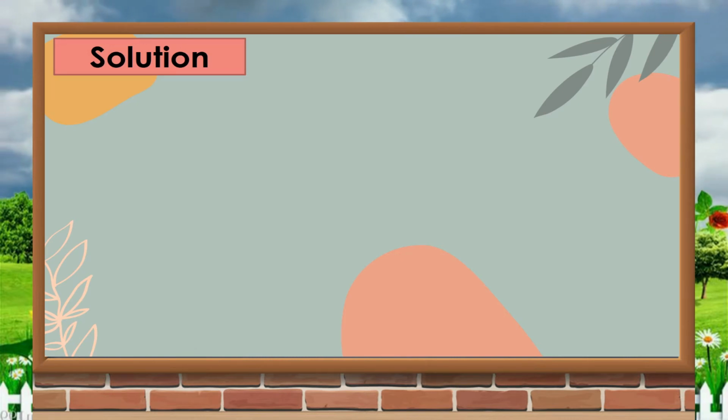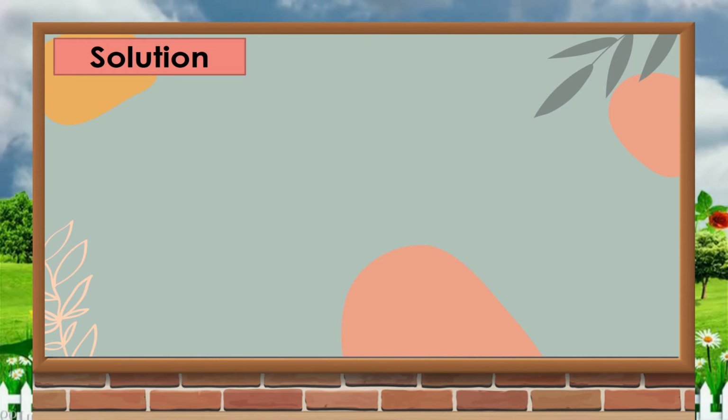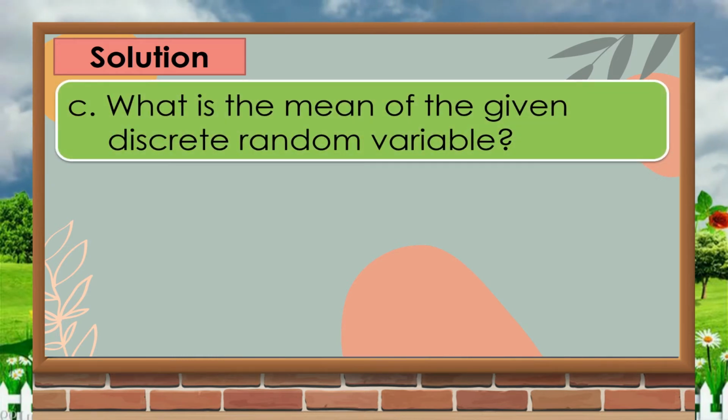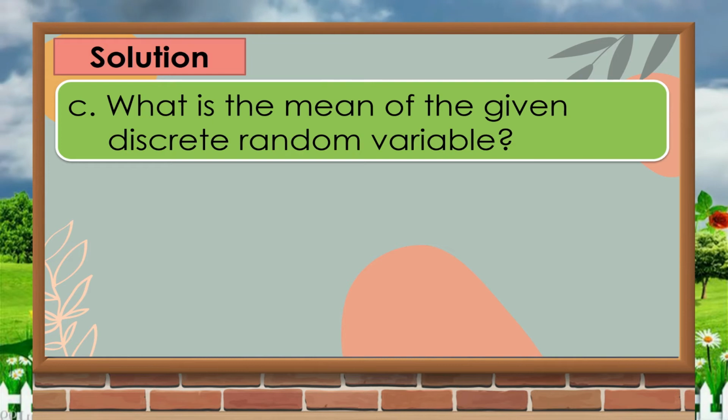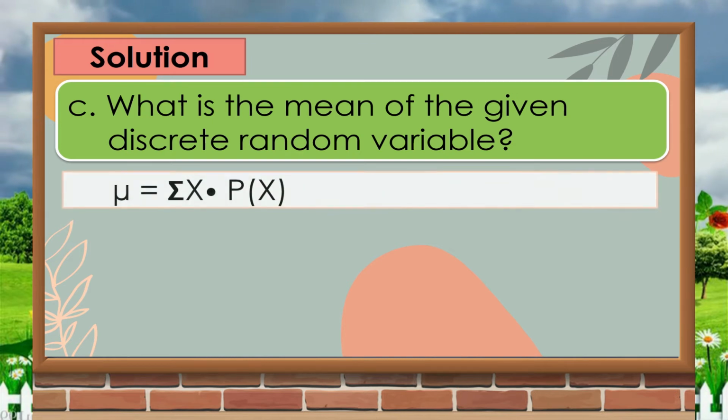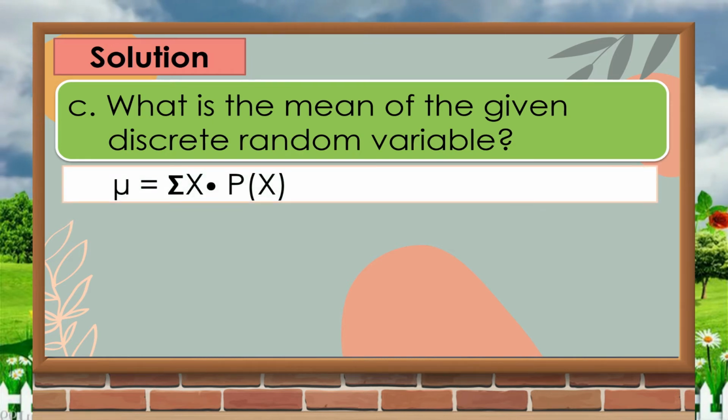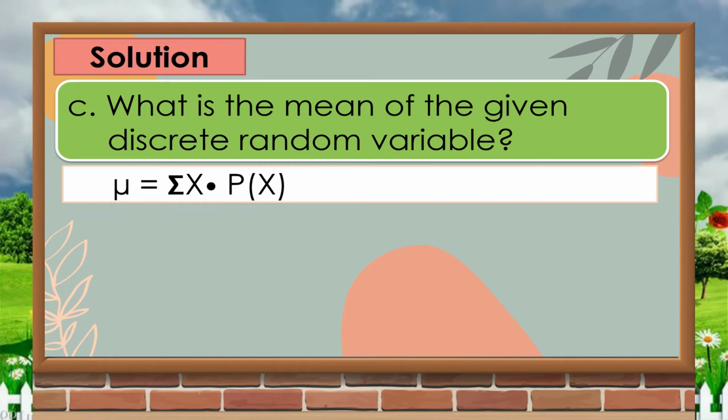Now let us solve the third problem. The third problem states, what is the mean of the given discrete random variable? To solve for the mean of the discrete random variable, use the formula mu is equal to the summation of x times p of x, which means you must multiply each random variable with its corresponding probability, then add it